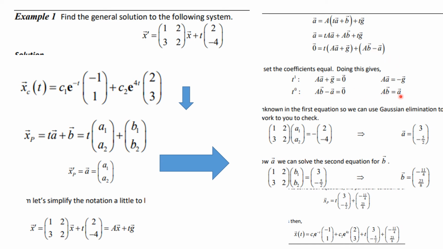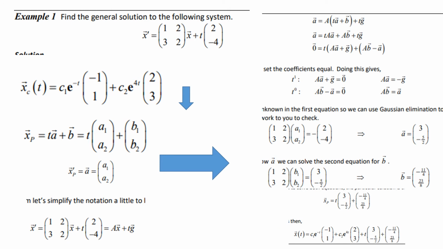A times the vector B is equal to the vector A. So we take that value, we substitute down here, and we find out that b is equal to minus 11 over 4, and that is 23 over 8. So that tells me that my particular solution is this one. And when I add it to my general solution, I get this as the general solution to the